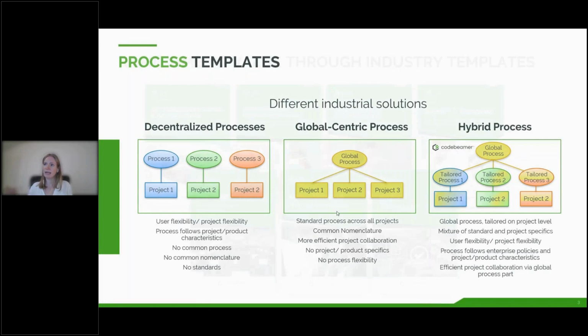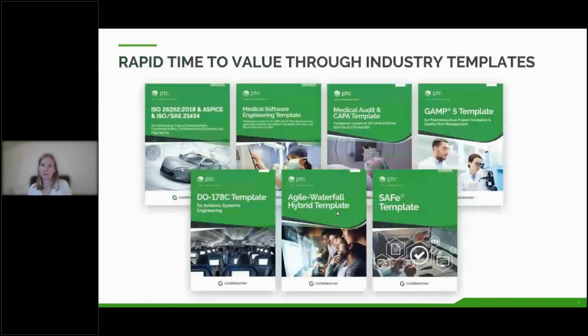This leads to the next page where we have our predefined data models, what we offer with Codebeamer. We call them our templates. This is a description of what is in the data model, in the different templates: the data model, the process, and some things like automation, which can happen in the background. So we offer something, for example, for the automotive industry, which covers the ISO 26262, or also for cybersecurity development. Then we have templates more for medical development, aerospace and defense, and we have more